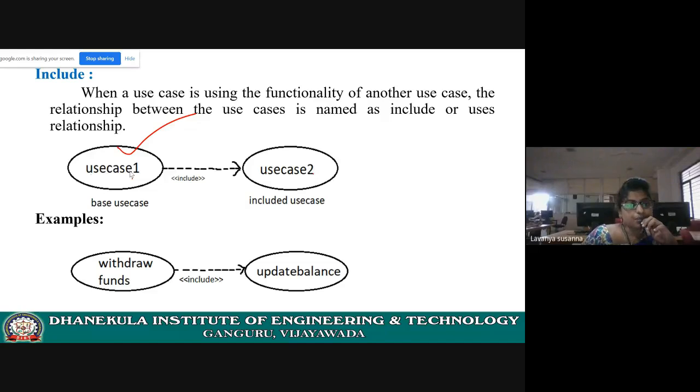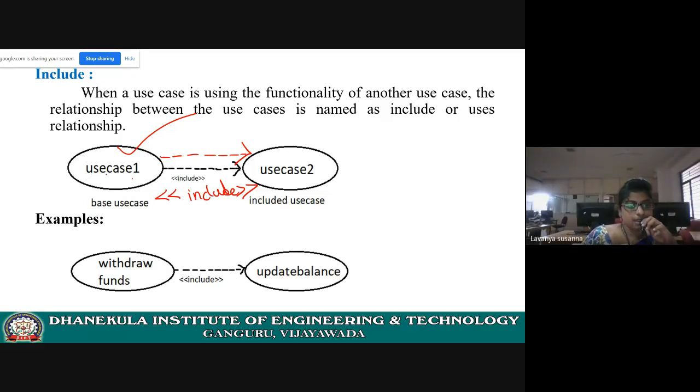Now the relation between use case 1 and use case 2 is include: dotted line with an arrow mark. And you need to give a stereotype like this: two less-than symbols, include, two greater-than symbols.